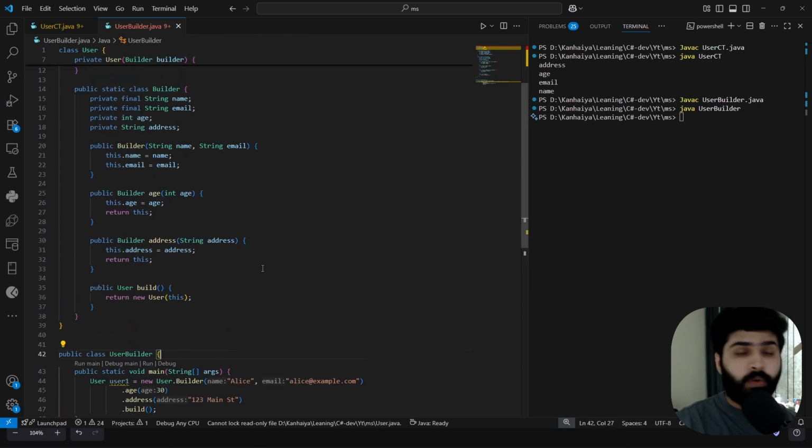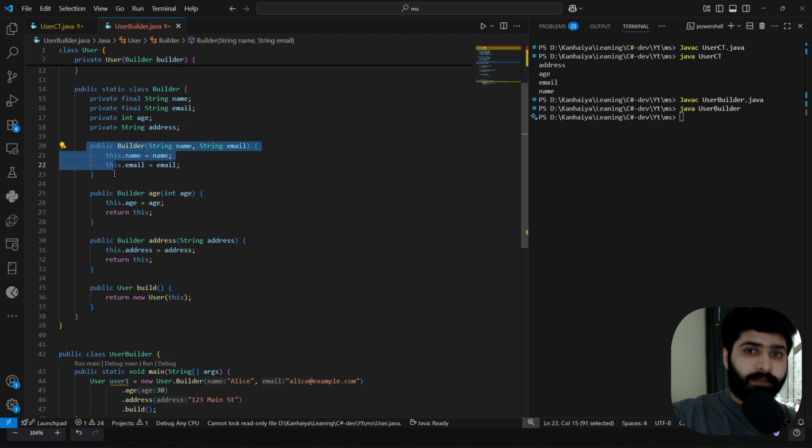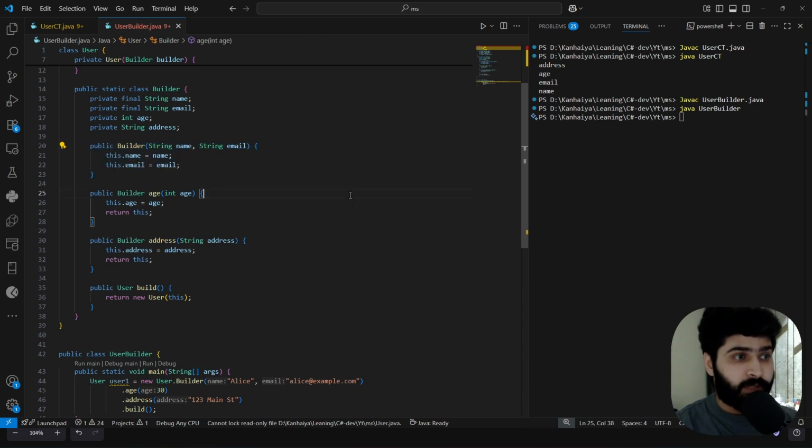Whenever you want some fields to be mandatory or required, you have to keep them inside your builder constructor. Suppose initially we require the name and the email, the age and address we can get later if we do not have them at that time. But name and email we need on the spot. So these fields are mandatory, that's why.